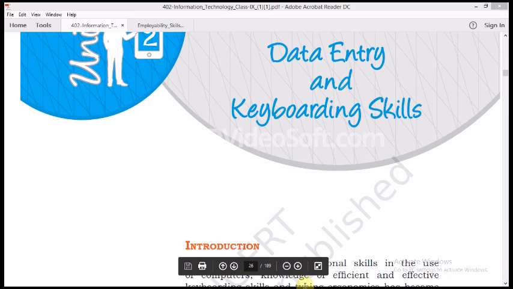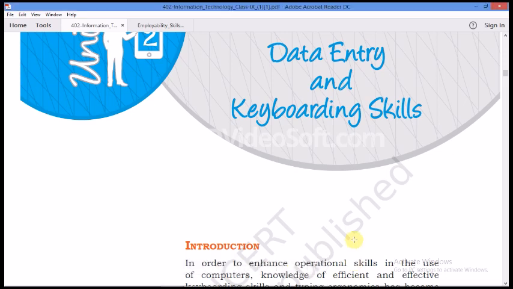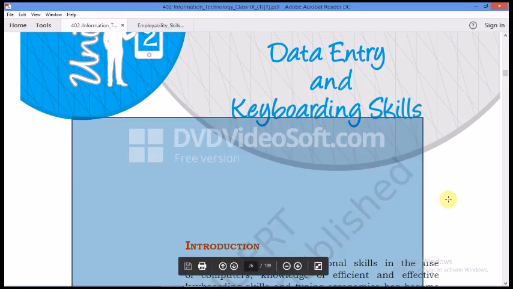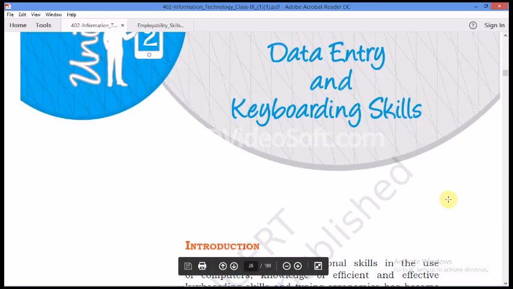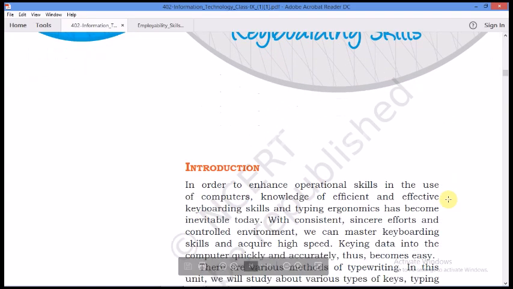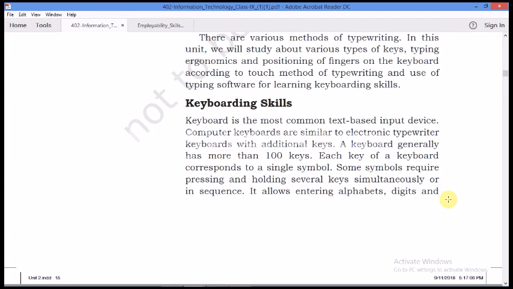Students, so let's get back again with the same topic, data entry and keyboarding skill. Okay, so we have completed the introduction and keyboarding skill,